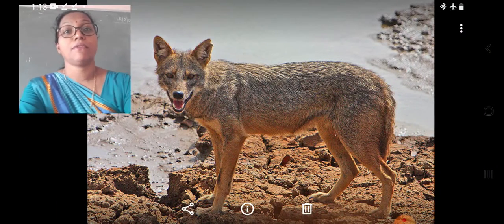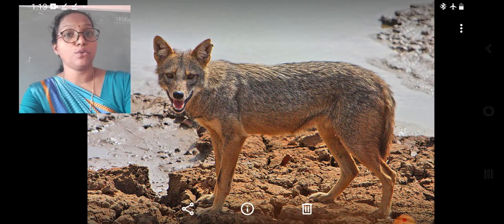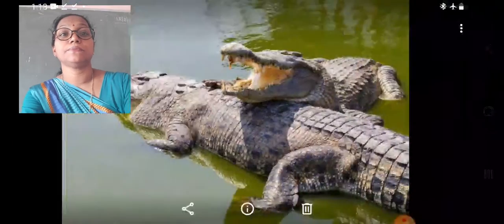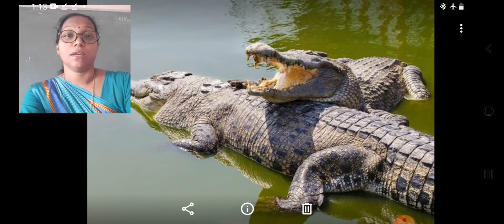Students, there are a variety of animals found in the deciduous forest. Among these forests, there are jackals, and reptiles such as crocodiles, tortoise, snakes.